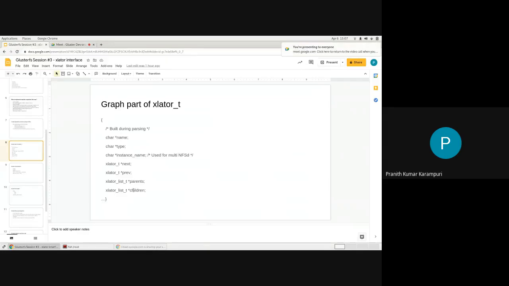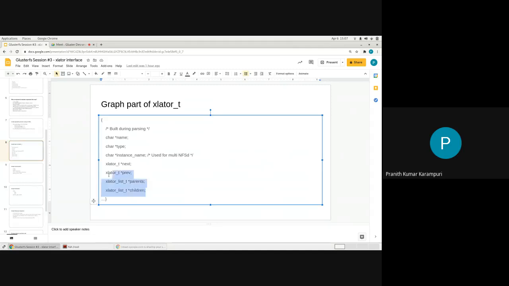Okay, so the graph construction is a little bit similar to what you might have coded in your engineering days. The name is the name of the translator. Type is whether it is a POSIX translator, replicated translator, those kinds of things.